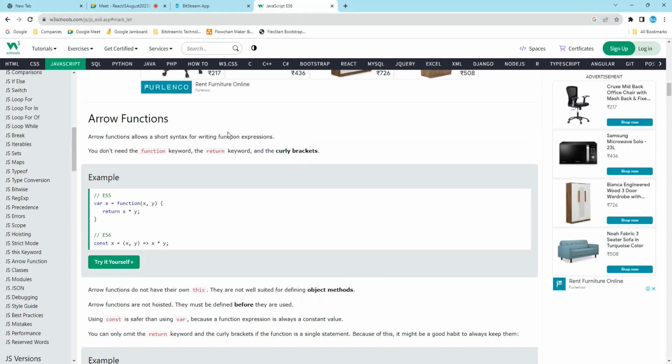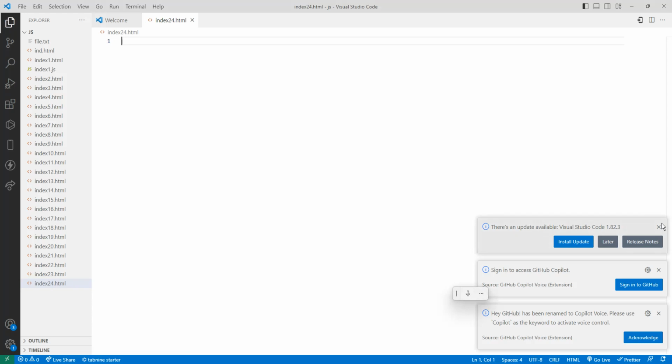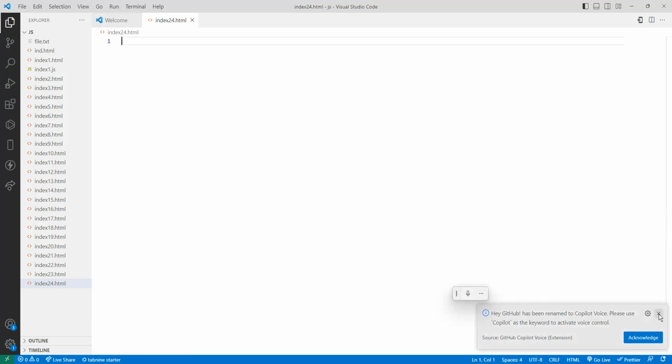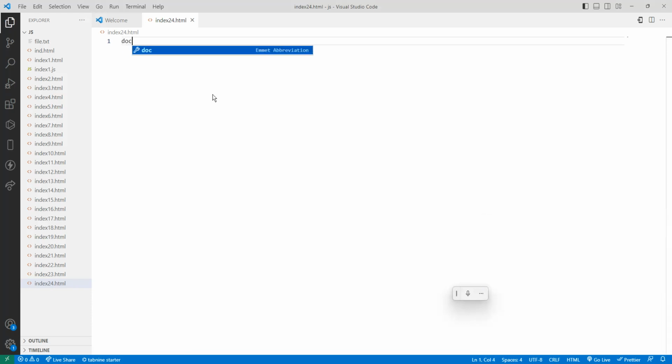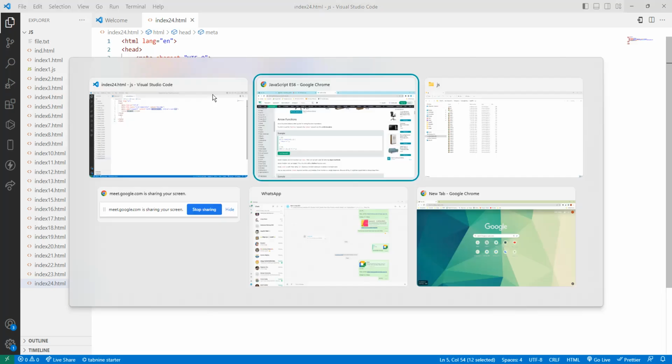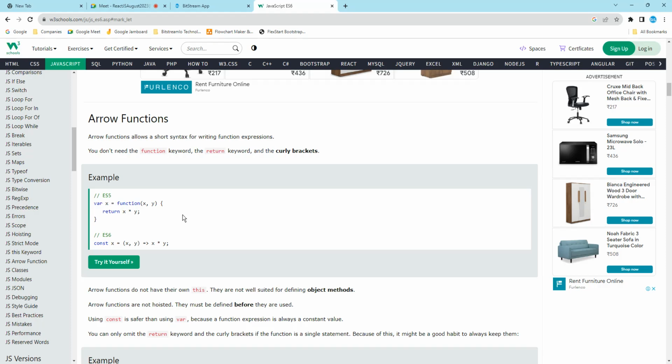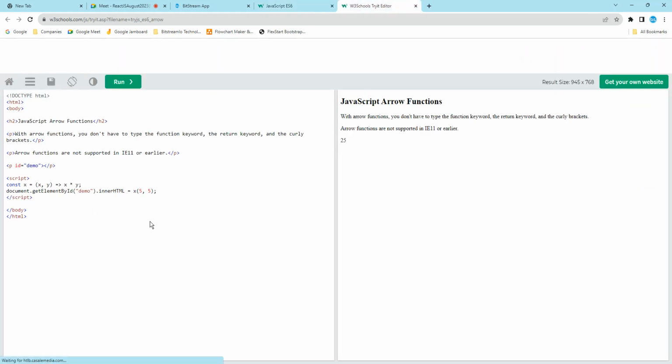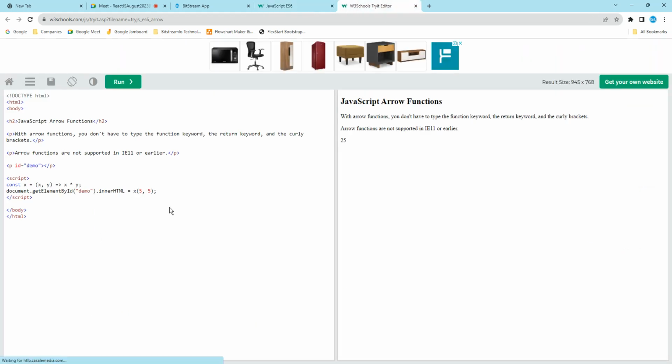Then we already saw what an arrow function is. So what does the arrow function mean? If you just open here a document, save it. So what is this one? I want to create a function, then I want to display the value. Now here what happens? If you just run it, we are going to pass x comma